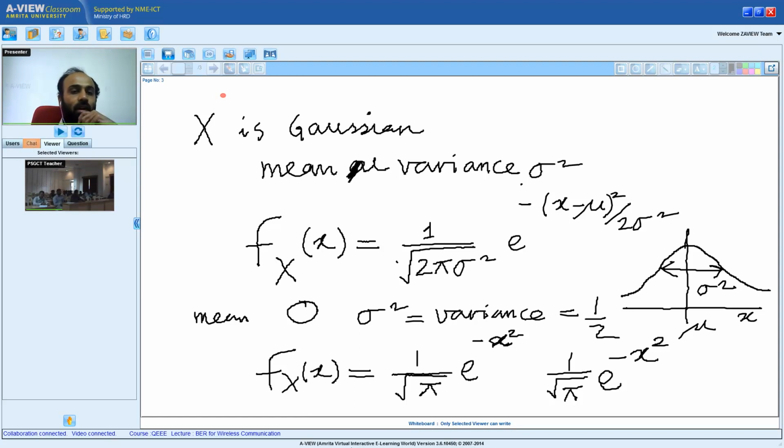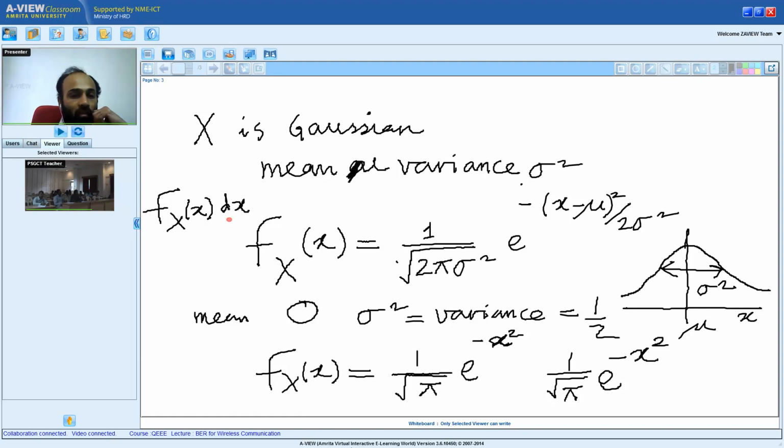What is the meaning of probability density? Can you explain it to me? Sir, if you are given a range, you can find the probability that X will be in this range by integrating the curve. Correct. So what is the probability density? The probability density is nothing but, if you take a small interval of length dx, then f of x into dx is the probability that it lies in the small interval of length dx.